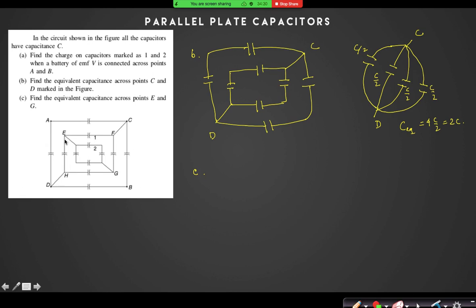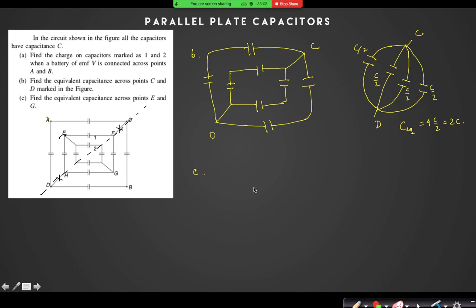Yes. E and G means you can see that if I connect the battery across E and G, then also there is a symmetry. This is a battery. So there is a vertical symmetry line here also, yes or no? So if there is a vertical symmetry, there will be no current flow here. Now which branch is isolated and I can neglect? The extreme outer box. Can I neglect this one? Yes, because no one is going to carry current here, the extreme outer box.